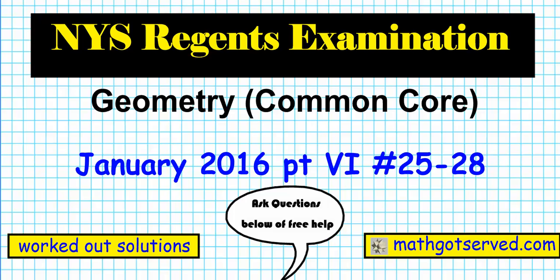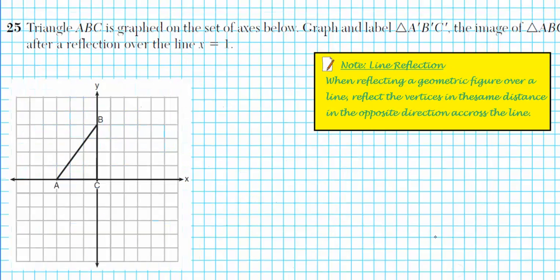In this clip, we're going to be going over problems 25 to 28 of the Geometry Common Core Regents exam for January 2016. All right, let's take a look at question 25. It reads, triangle ABC is graphed on the set of axes below. So you can see triangle ABC. Graph and label triangle A prime, B prime, C prime, the image of ABC after a reflection over the line